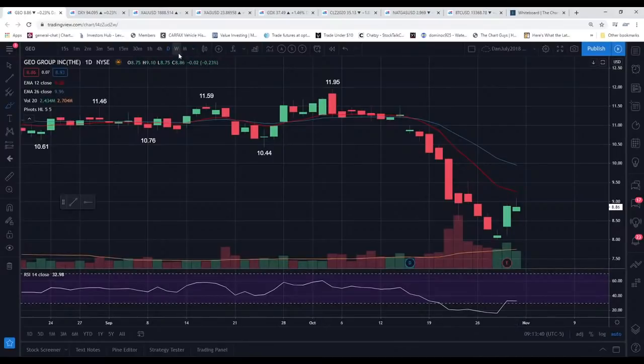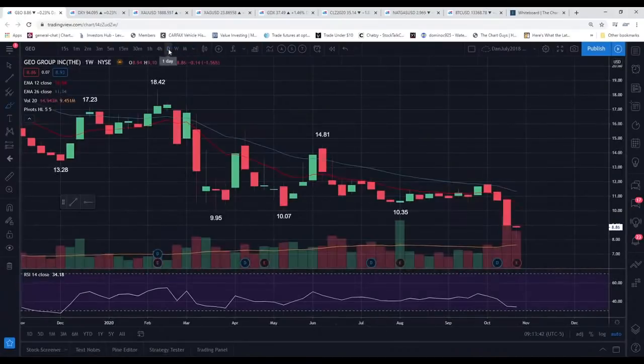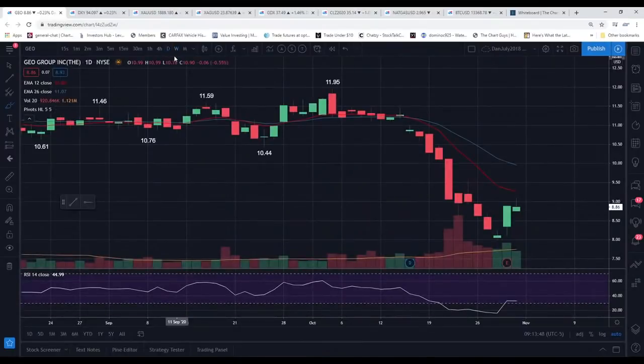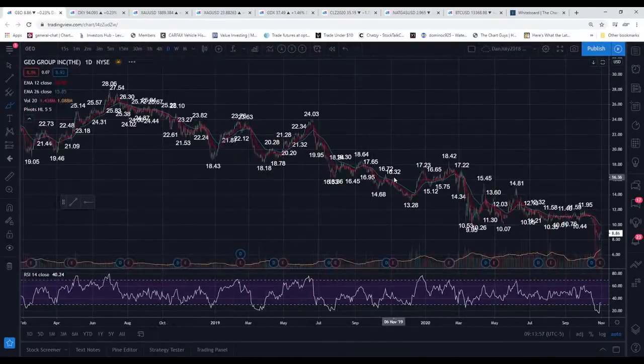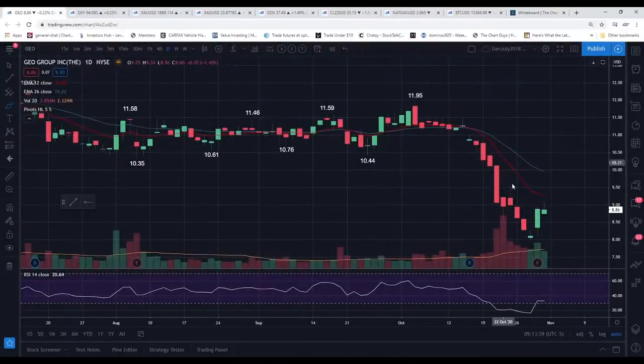In my opinion, the reaction will be much more significant if Trump were to win. This is a short squeeze waiting to happen if Trump were to surprise and pull out the victory. And if Trump does not win and Biden wins, I think a lot of that Biden win is priced in, with the fact that we dropped 35% in the last month after already being in a many-month downtrend. So this is just an oversold bounce at the moment, and we're watching daily 12-period EMA resistance and 9-10